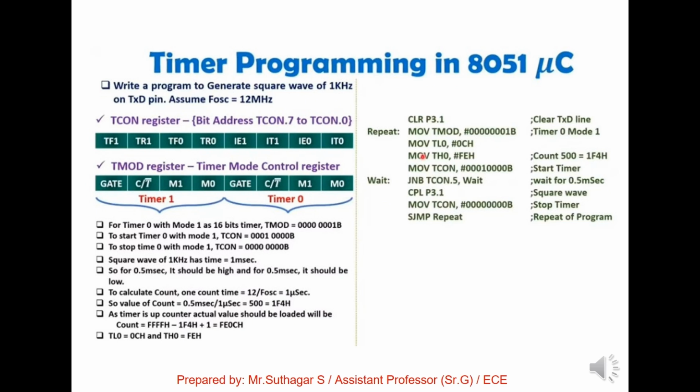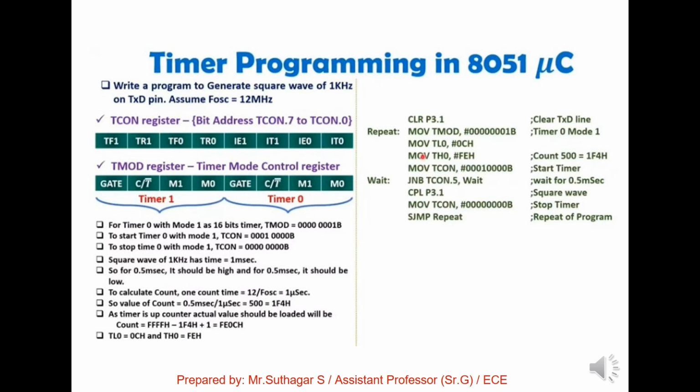Similarly, the next timer program in 8051 is: write a program to generate a square wave of 1 kilohertz on the transmitted pin, assuming your FOSC is 12 megahertz. We will do the same configurations, and here we are going to generate a square wave. For 1 microsecond you will have a clock cycle, and the positive going part will be 0.5 microsecond and the negative going part will be 0.5 microsecond, and your count in terms of x value is